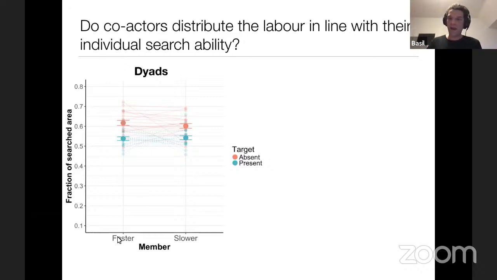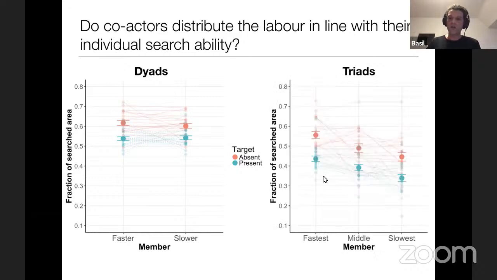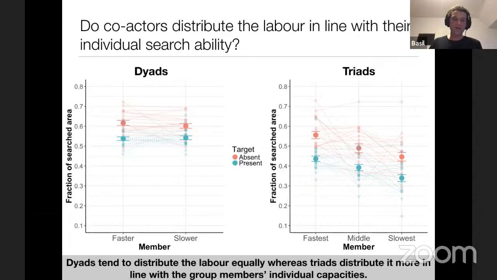But what you actually find here is that there's sort of an equality bias. You tend to divide it more in halves or equally when you're in a dyad. Now, if you look at the triads and make the same computations, you find that they actually divide it more in line with the individual skills. The fastest member is taking a larger search space than the middle and the slowest member. So in conclusion, dyads tend to distribute the labor equally, whereas triads distribute it more in line with the group